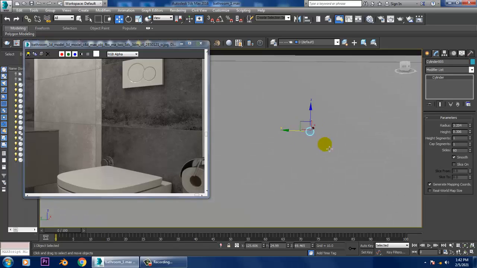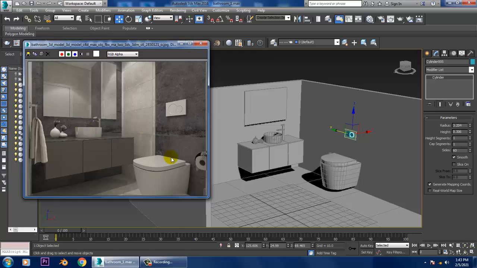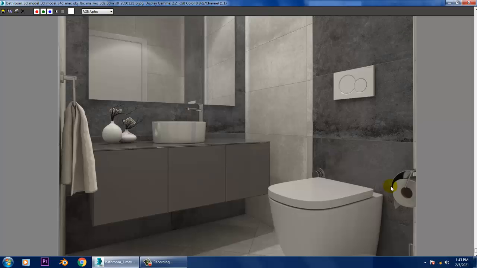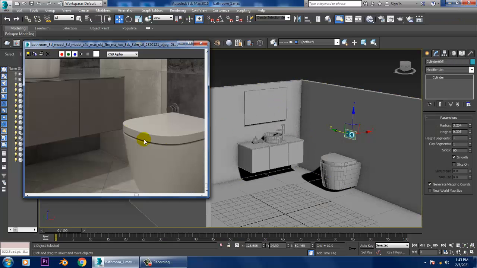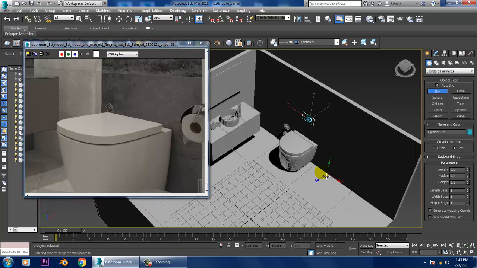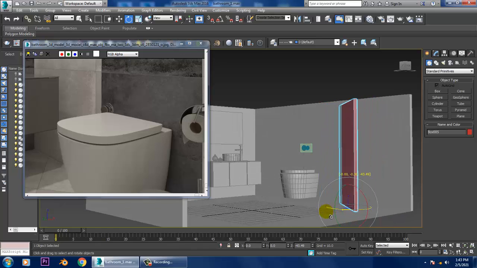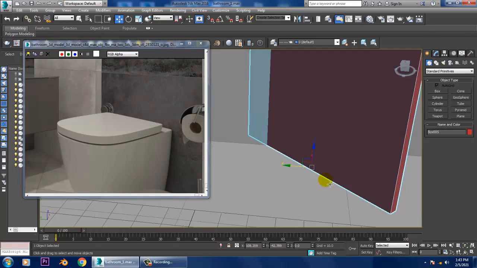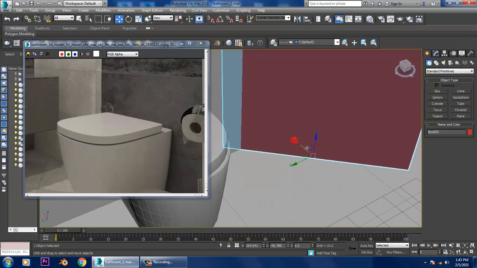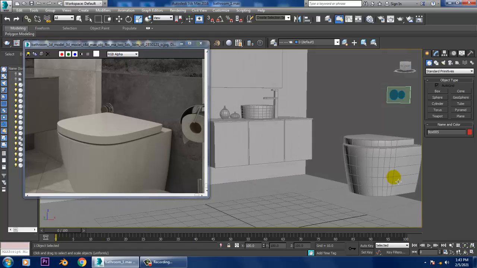After that, we'll be creating a few things over here. This is very least visible, so what I can do is create this stuff. For that, let's take a box and rotate it a bit. Although this is not going to be visible in the camera, the main thing we want to show over here